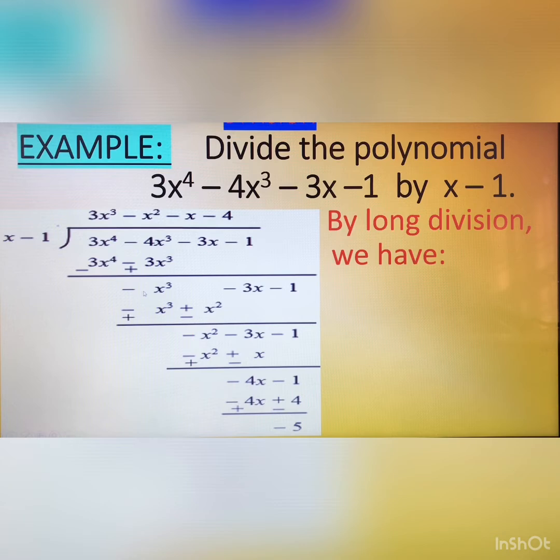Again you see the coefficient of x cube is minus. So first of all you will put minus here, and the degree is 3, so 1 less from this degree, that is 2. So you will write x square. Now you multiply this minus x square into the whole divisor. You will get minus x square into x, that is minus x cube. And again minus and minus make plus, x square into 1, that is plus x square.